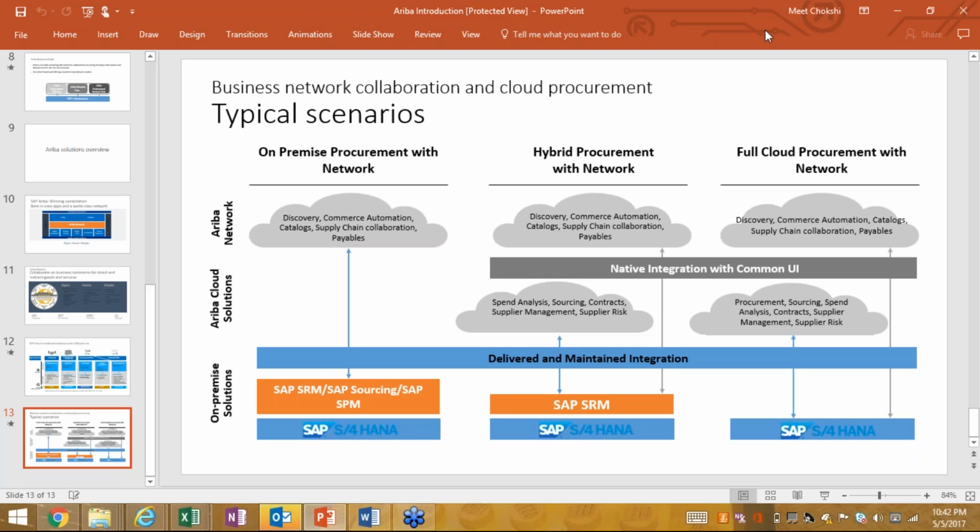If I have Ariba and I'm doing direct procurement in SAP and indirect procurement in Ariba, and I have a source of supply assigned to my material PR, then I would not flush that PR to Ariba. I would directly create the PO within SAP itself.